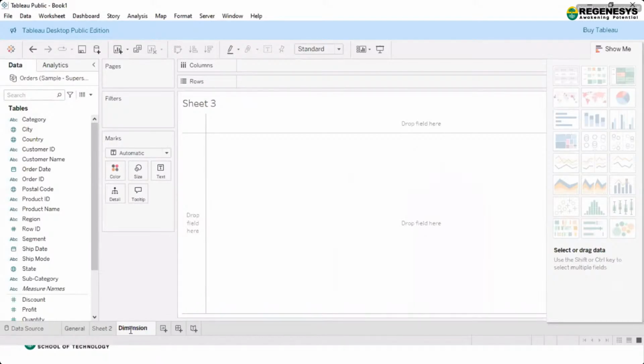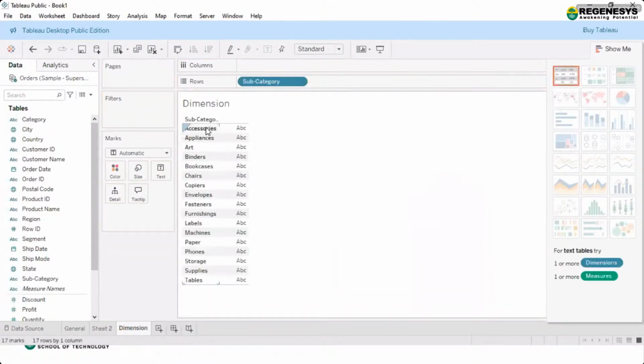Everyone please create the sheets. We will be taking the same for the dashboards. So now, for example, I want to take subcategories because in that we have multiple values. So I have taken subcategories, right? Now this is a dimension, and if I apply some filter on this, it becomes a dimension filter.